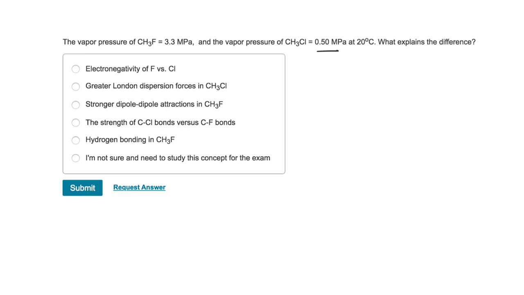And so what does it mean to have a lower vapor pressure? Does that mean that this compound here with a lower vapor pressure, CH3Cl, has a stronger intermolecular force than CH3F or a weaker intermolecular force? It has to have a stronger intermolecular force,